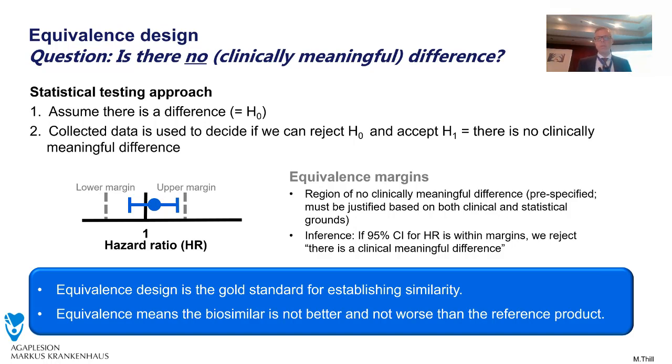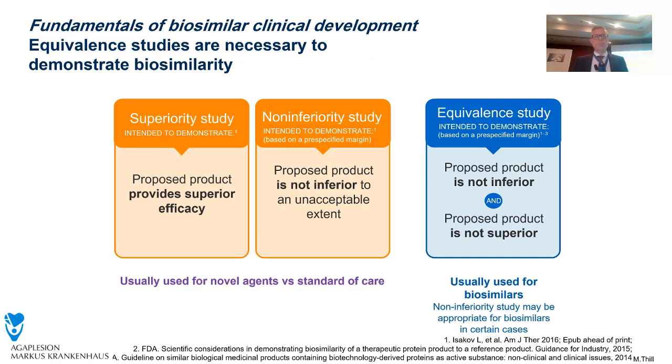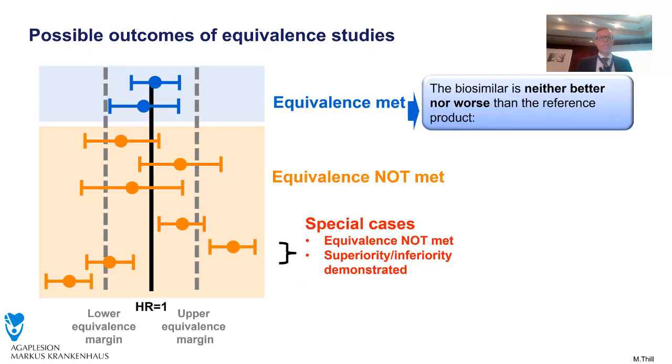So this is the gold standard in the end, and your biosimilar product is not better and not worse than the reference product. So there are superiority, non-inferiority, and equivalence studies. And the equivalence study is the gold standard for evaluating biosimilarity. Possible outcomes of equivalence studies are shown in this slide, where equivalence is met. So there is the clinical endpoint met, and in the other examples, equivalence is not met, and in special cases,